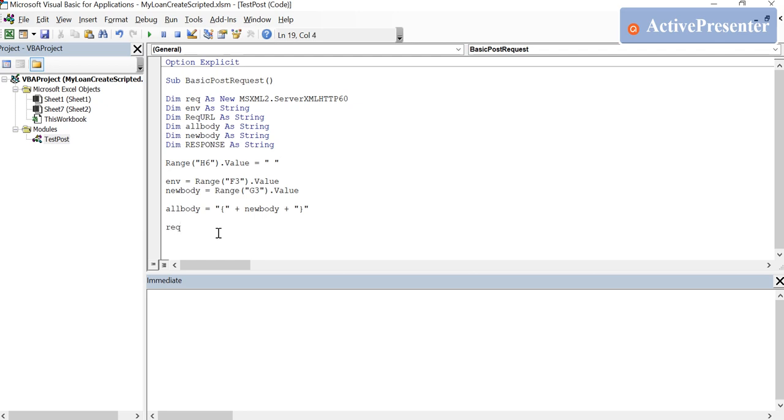So first we need to define our URL, and mine, of course I can't share this, but I'm going to add the environment as part of my URL, and then my URL. Okay, so once I have that, I'm